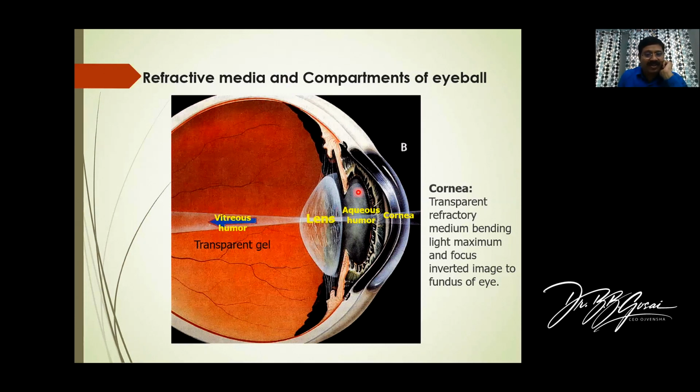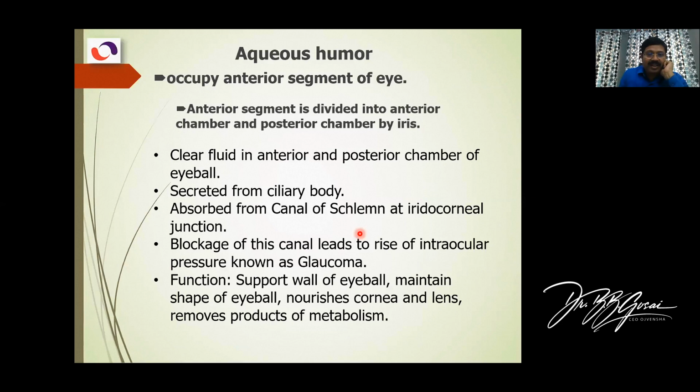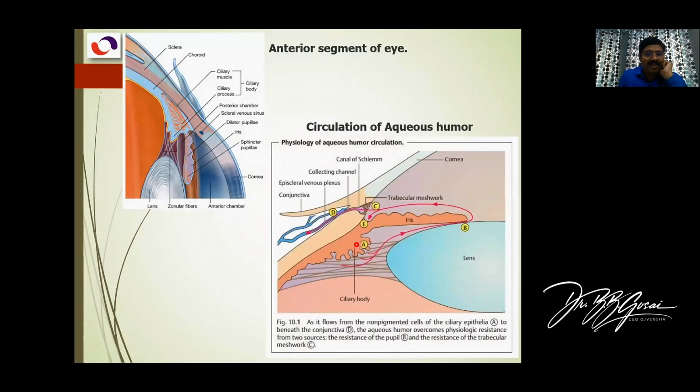So let's understand now this about the aqueous humor. As I mentioned, it is present in the anterior compartment, and the anterior compartment is in front of the lens, behind the cornea. So this particular anterior segment is divided into two compartments, still further, chambers we call it. So the segment is divided into two chambers. The part which is in front of the iris here and behind the cornea here, and this is the lens which is guarding it. So this chamber will be the anterior chamber. So this is the anterior chamber.